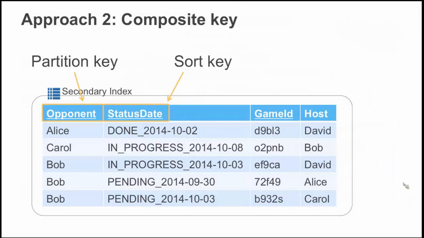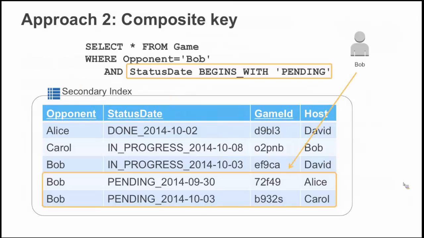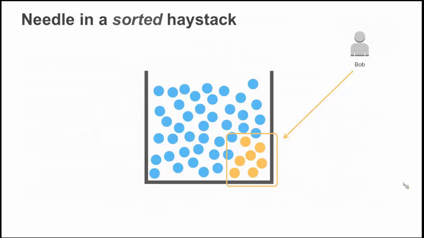When I go ahead and query this index now, I can query against the sort key using a begins-with statement, and I will get only the pending game results ordered by date for that particular user. I've read less data, I'm returning less data. It's a highly selective query. So definitely it's a great strategy for being able to return nested, sorted data that's sorted by nested properties such as status. This particular example here, we get much more refined